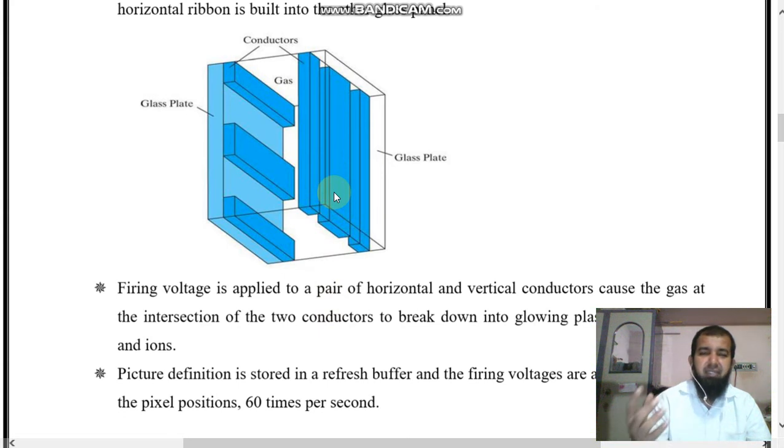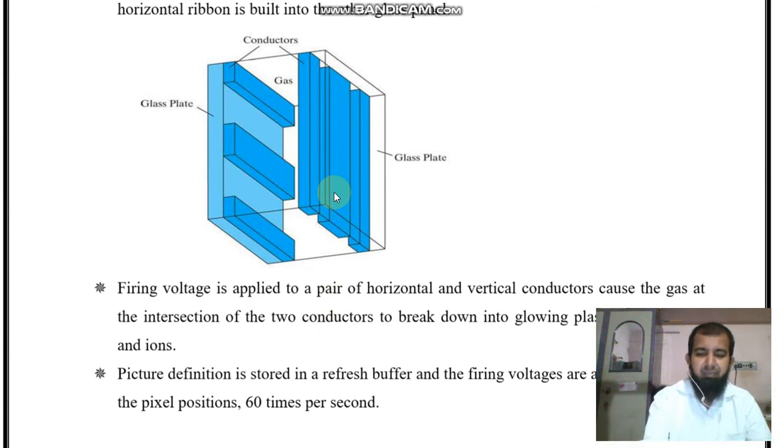Then it displays a particular diagram or picture.